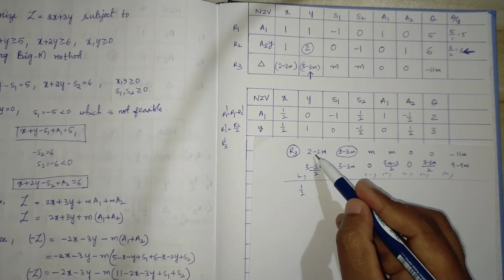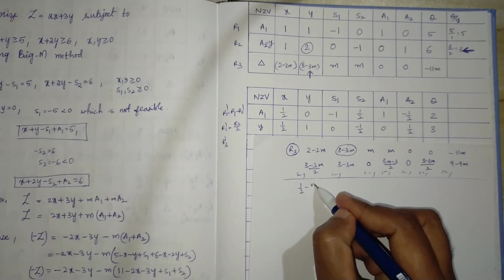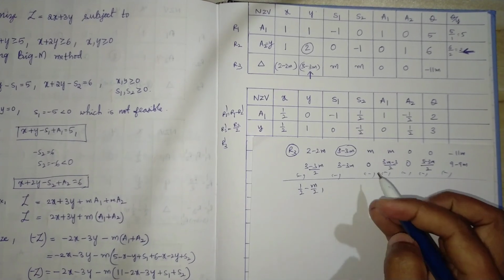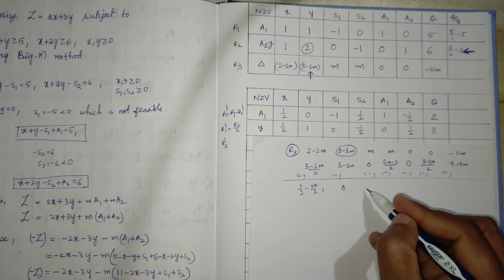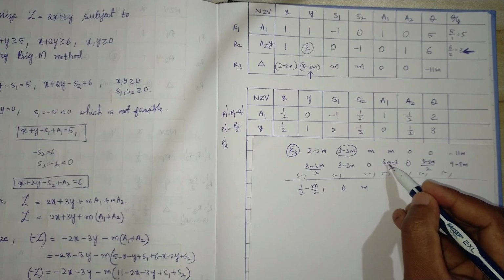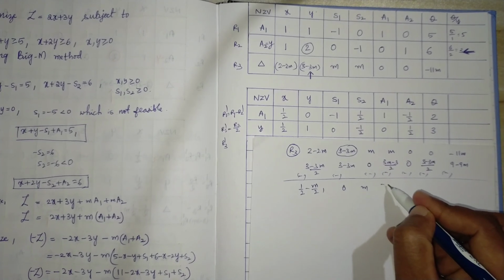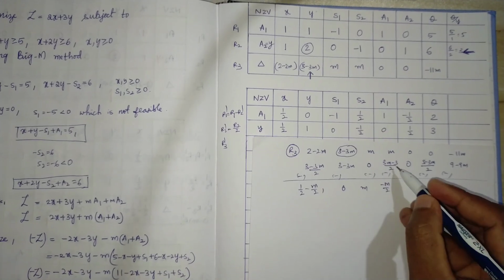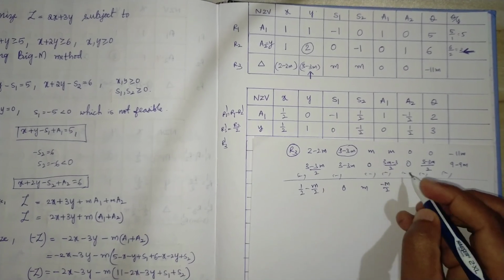And we have minus 2m minus 3 by 2m, that is nothing but minus m by 2, right? So here 3 minus 3m minus 3 minus 3m, 0, m minus 3 by 2 m, it is minus 1 by 2 m, right? Minus m by 2, and here we have 0 minus minus 3 by 2, it is plus